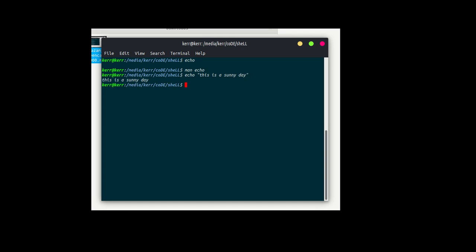So that is being printed. Let's say you want to set one variable value and you want to print the variable value. Let's say you want to set the variable x with the value of 20. Now you want to print out the value. For this you can use $x. So the value is shown.